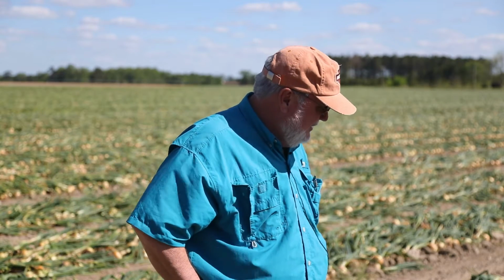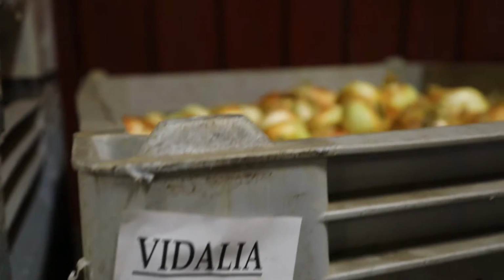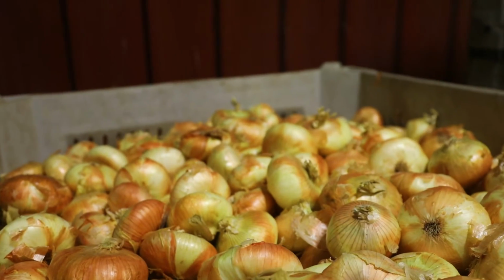Yeah, these onions are good. They're gonna cut a lot of tonnage. There's gonna be a lot of onions out here. We just plowed this field up yesterday and they look real good. I'm real proud of them. Really, your bottom line's based off of packout, and that's the amount of good onions you sell out of an acre of onions. And the packout is going to be extremely good from all intentions now,